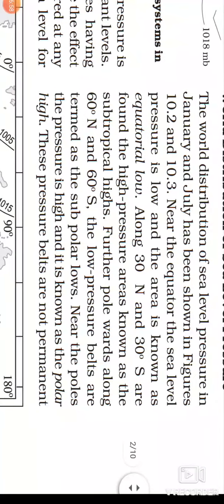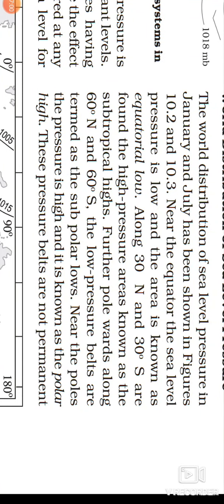Okay, so a simple way to remember this is that the equator is just passing through the middle of the earth. So 5 degrees above that and 5 degrees below that we have a pressure belt called the equatorial low pressure belt. Okay, and from 5 degrees north to 30 degrees north and 5 degrees south to 30 degrees south we have the subtropical high pressure